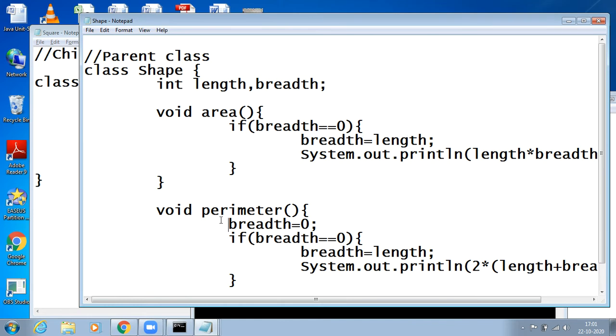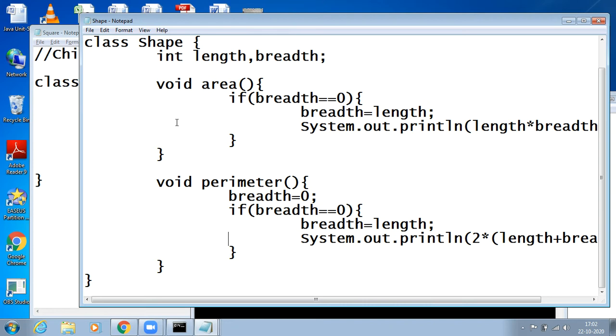Okay, so leave it. Our concept is not this. Our concept is simply how the parent class is acquired by the child class. So this is a simple example to understand a shape class. See, the shape class is always one class. Now this class can be accessed by both the rectangle class and the square class.